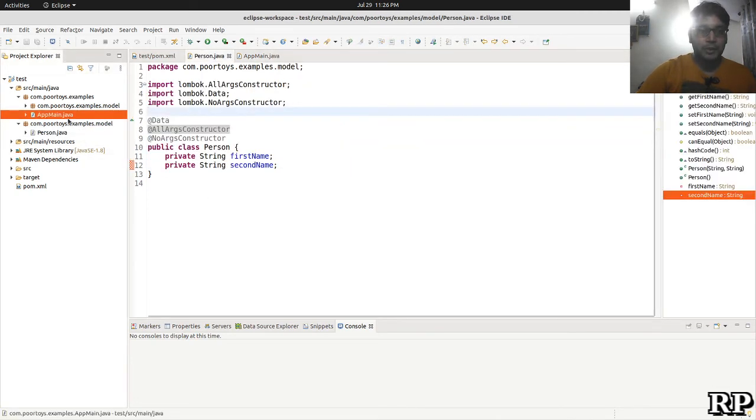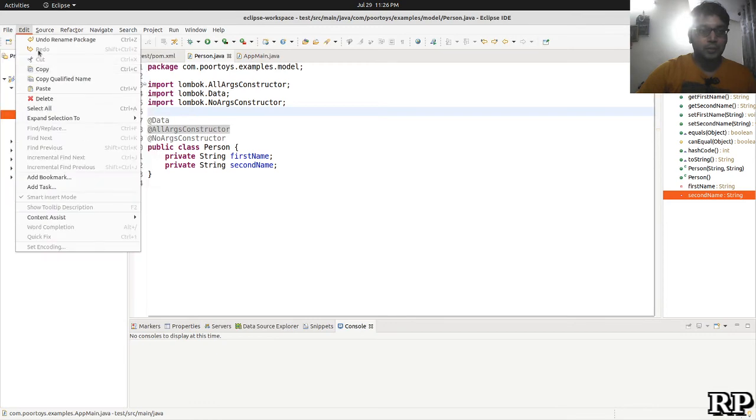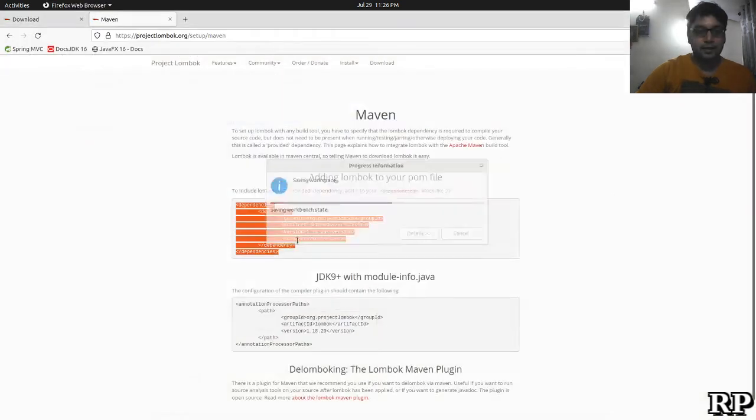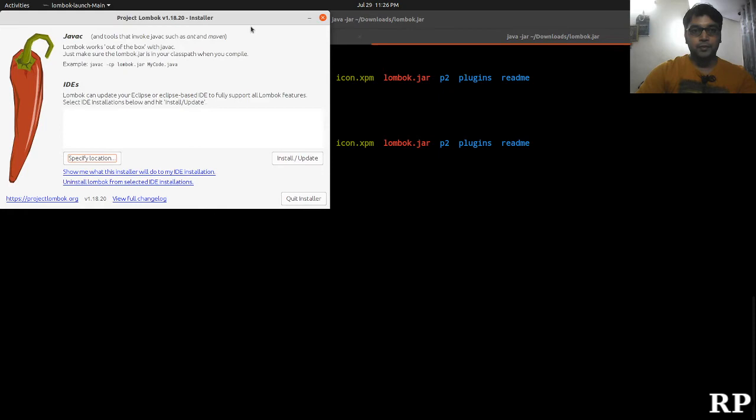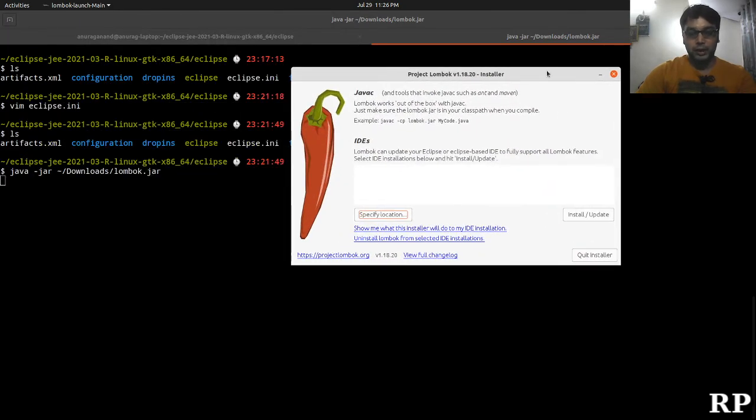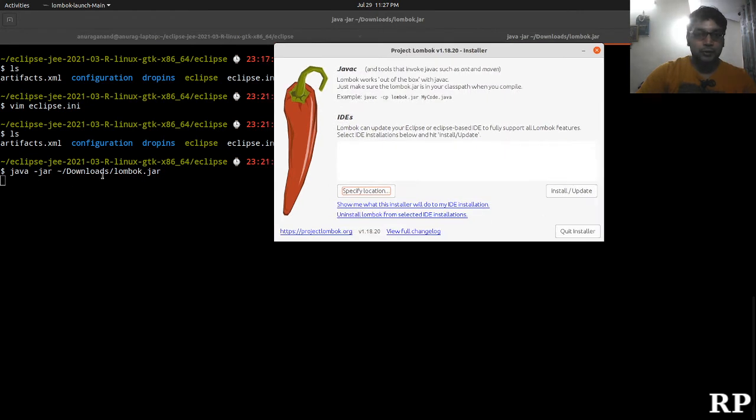So next I'm going to uninstall Lombok. Exit, go here and say java -jar. You can directly double click the Lombok jar to launch this GUI, or you can directly execute it from the command line.